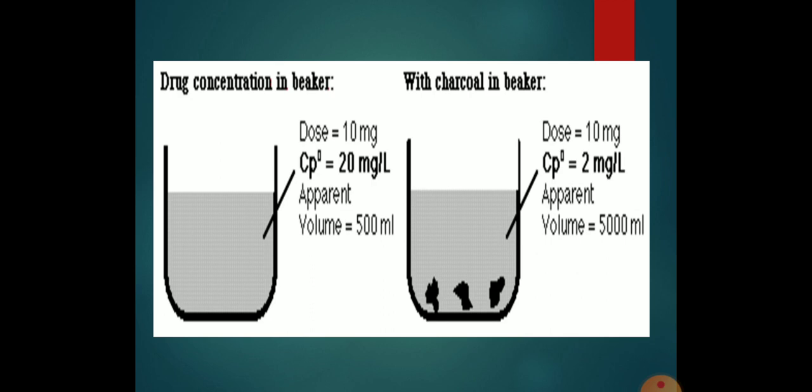The factors which govern this apparent volume of drug distribution are the lipid water partition coefficient of the drug, pKa value of the drug, degree of plasma protein binding, affinity towards different tissues, fat to lean body mass ratio, which can vary with age, sex and obesity, and diseases like congestive heart failure, uremia and cirrhosis.